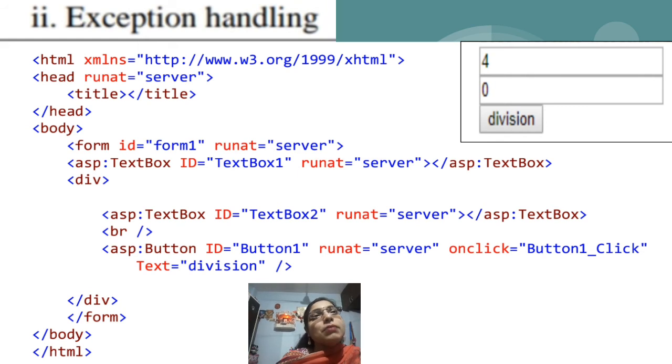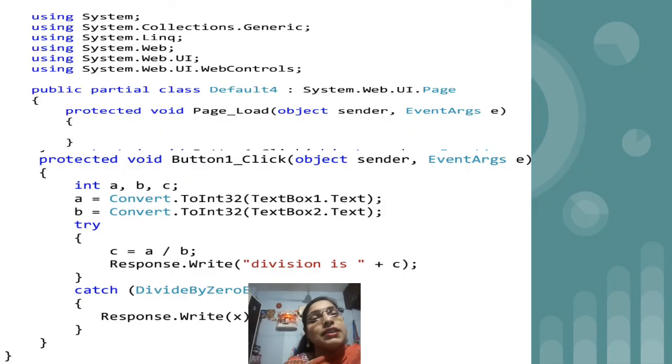For this particular practical, again we have an interface: just take 2 text boxes from the toolbox, and after that take one button and change the text property of that button to Division. So this is the interface for this exception handling practical, and this is the code, that is, you have to write the code on the button1_Click event. Here I have tried to implement divide by zero exception. So I have declared 3 variables a, b, c. A and b have the input values, and in variable c we are going to calculate the division of a and b.